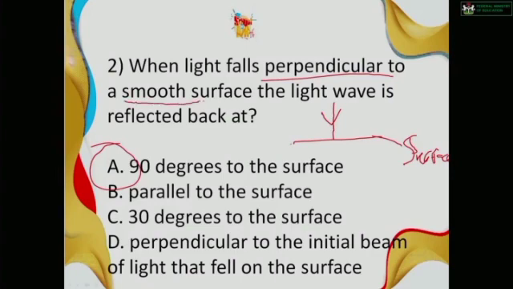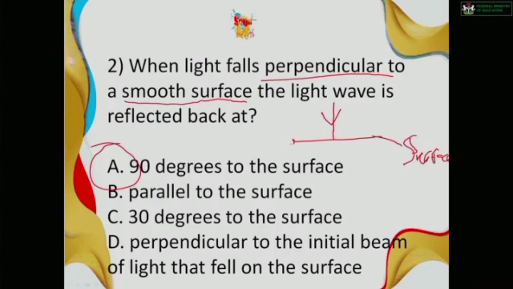Now it is a smooth surface, keep that in mind. Option A is correct because 90 degrees means perpendicular, and if a light ray falls on this smooth surface at 90 degrees to the surface, the reflected light is going to